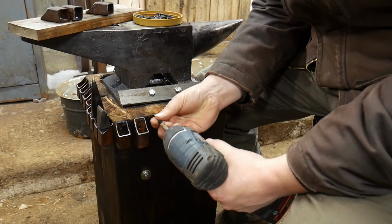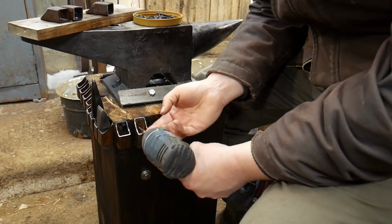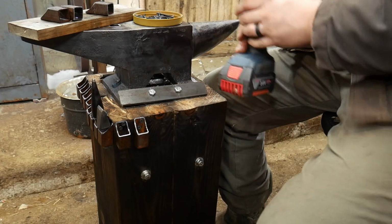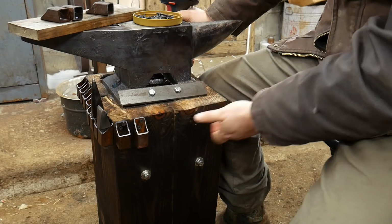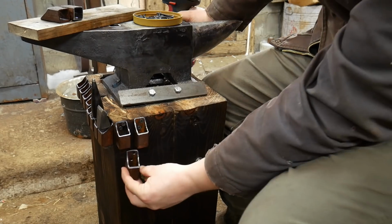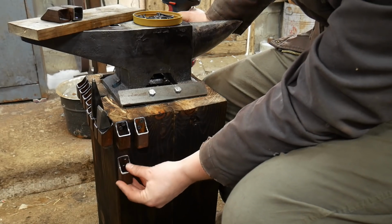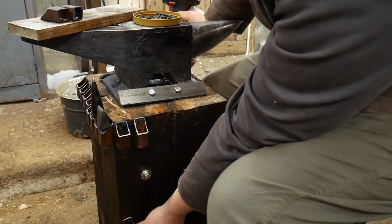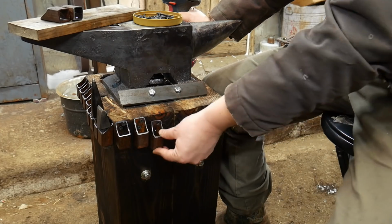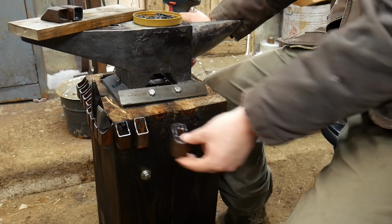One advantage to making these this way, I'll share with you, is the fact that you don't have to just stick to it all being in a row. I like doing that, but you could come down here with a tool if you needed, or mount another tool almost directly underneath. You could set one way down here. You can really place this thing wherever you want on the block, whatever makes sense for the type of tooling